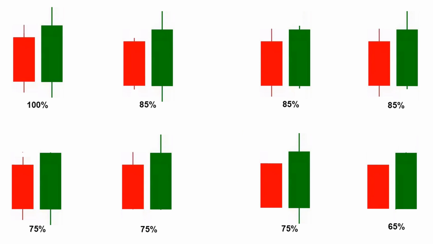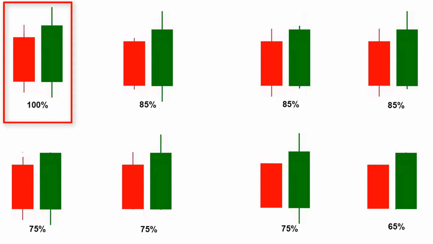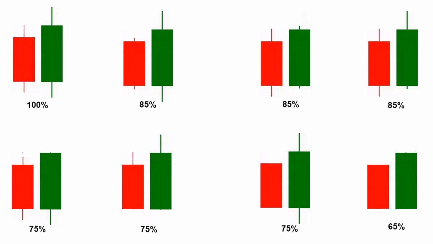Let's look at some examples of the success percentage of the bullish engulfing pattern. This is a 100% perfect bullish engulfing pattern because it has all three conditions. So the success rate of this pattern is also around 100%. In order to obtain a success rate of approximately 100%, you should also use other instruments such as support and resistance, oversold and overbought zones, Bollinger Bands, moving averages, etc.